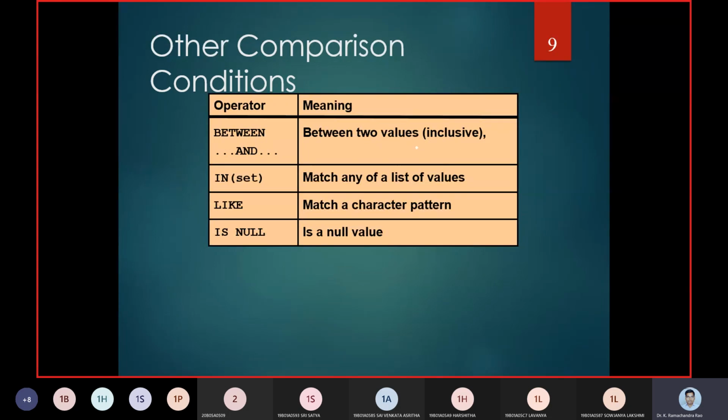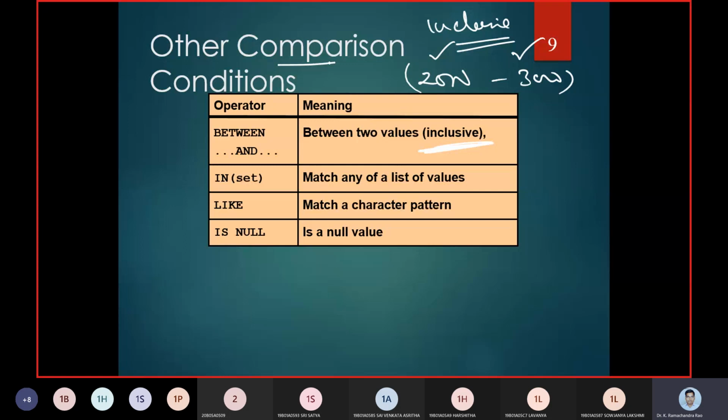Last time we had a discussion: if I make 2000 to 3000, what should we put? Whether they are inclusive or exclusive, 2000 and 3000 are an inclusive operation. It is not from 2001 to 2999.